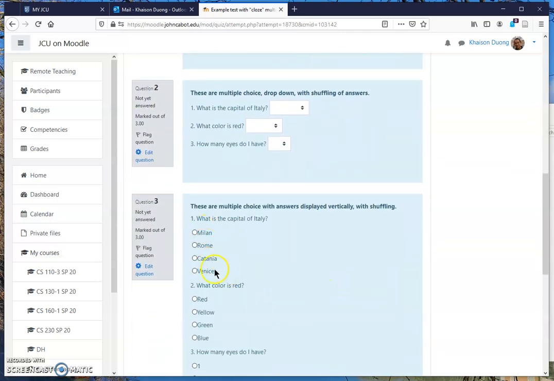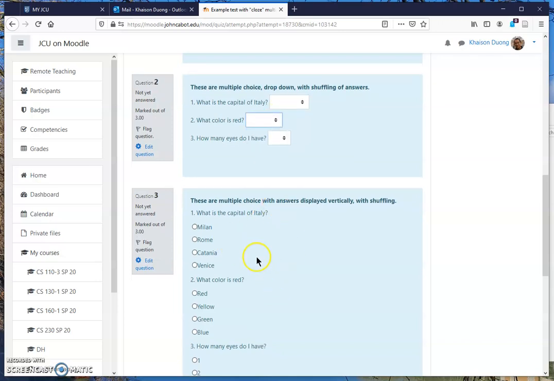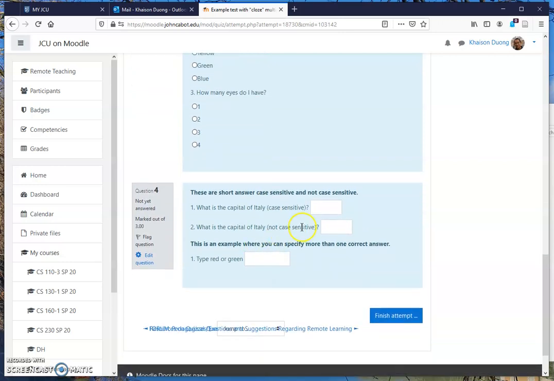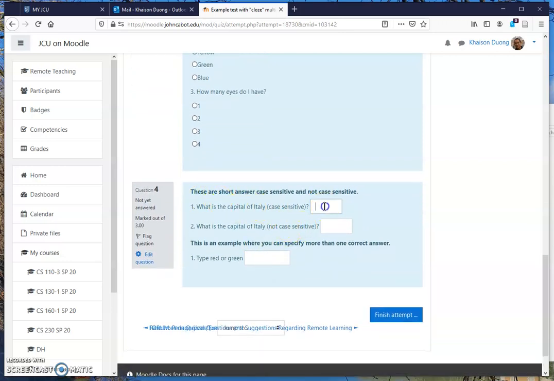Here's an example where I want them not to display as a drop down, but I want them to see all the answers. So I find these useful for listening type questions. For teaching language, I used these before, where I had a listening, and it's useful for them to actually see the answers while they're listening. So it might have other uses too, where you want people to actually see the answers instead of having a drop-down box. Okay, and here is short answer, and basically they just have to type in the answer,